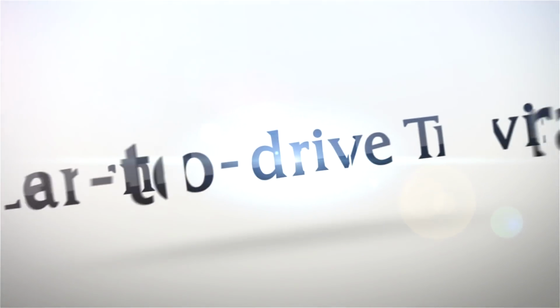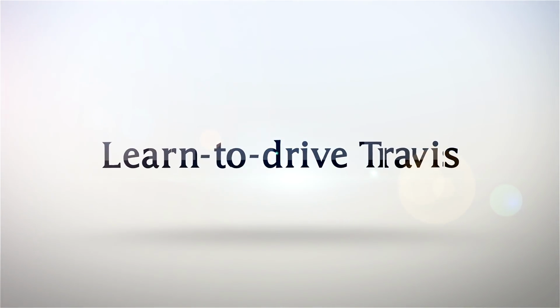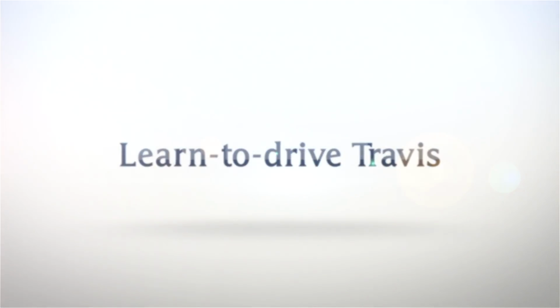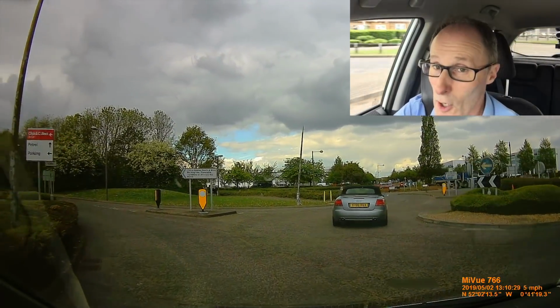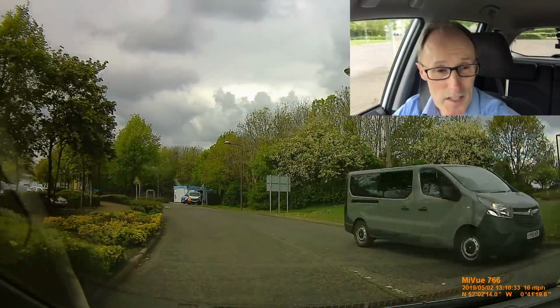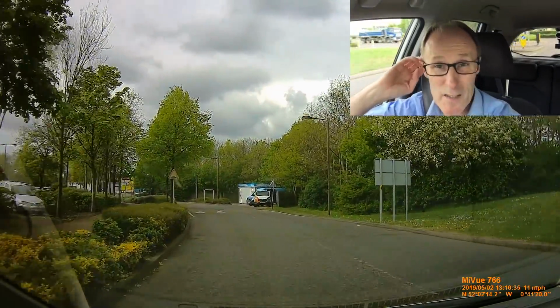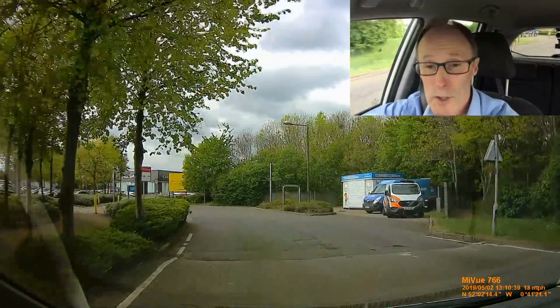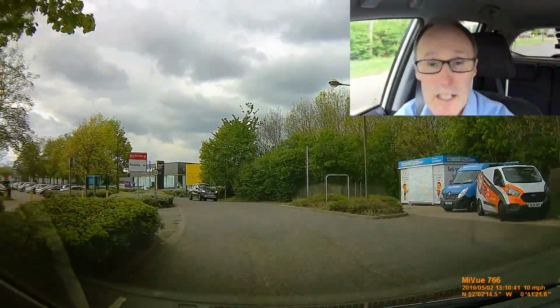In this video, I'll be reversing the car in between two parked cars in a busy car park. This is a typical scenario. Say you pass your driving test and you go into a car park that's busy, and we're going to be reverse parking into a parking space in between